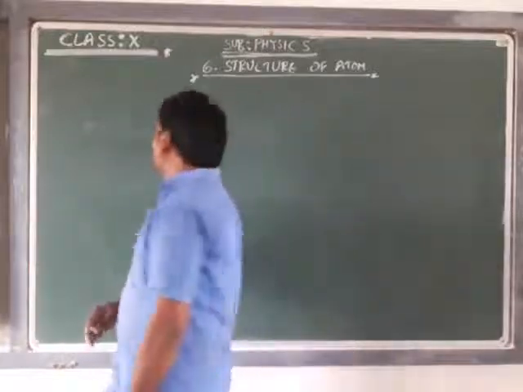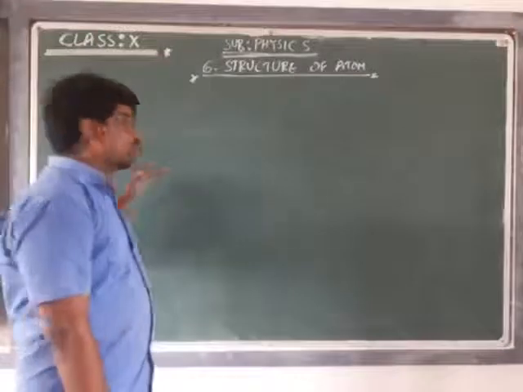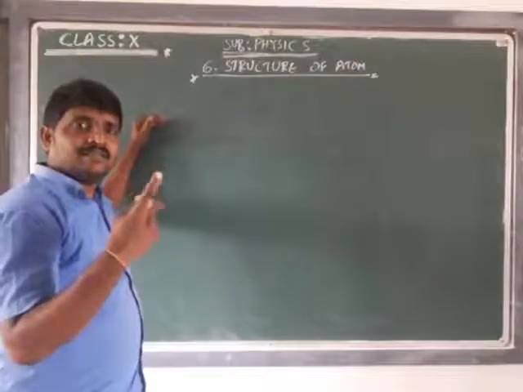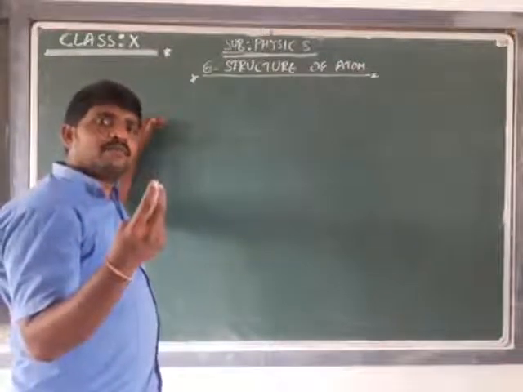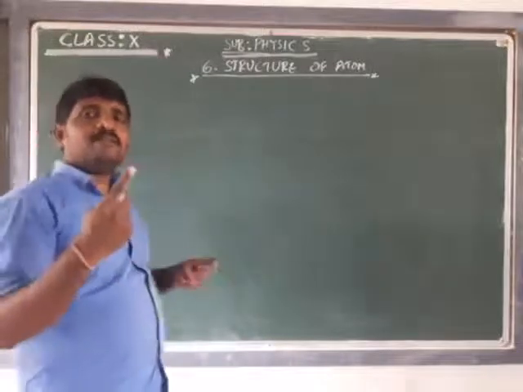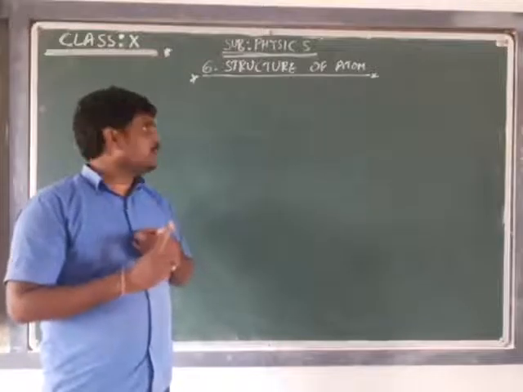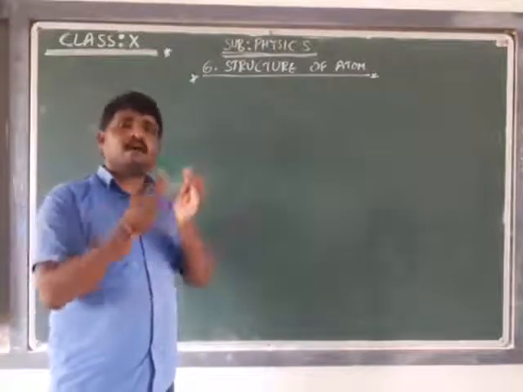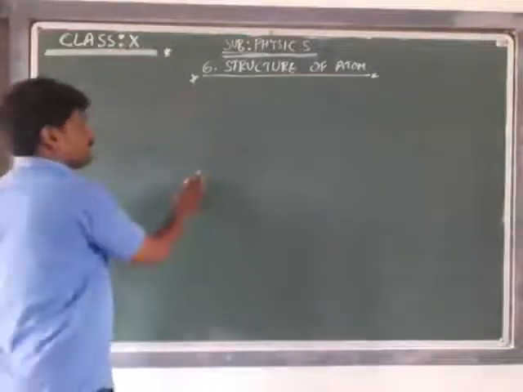Just like a review and continuation of this segment, the principal quantum number gives the reference to the main shell, whereas the angular momentum quantum number gives the reference to the subshell. That's what we have discussed. Principal quantum number gives the reference to the main shell. Angular momentum quantum number gives the reference to the subshell. What does it mean? Let's take an example.